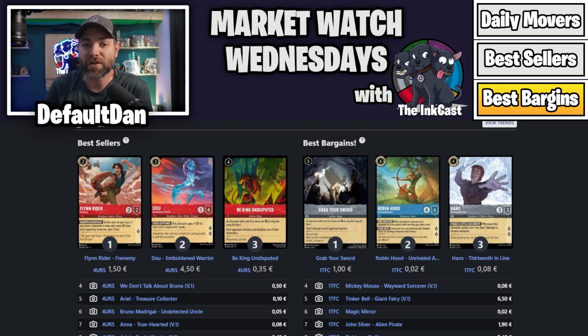This is one of those cards that keeps things in check. So if you think about the Bucky decks, the Diablo decks, things like that that are running around in Emerald, this is the card you need. Sure, Bucky's only 1 power, but realistically, if you can shift something early, like Steel Song that we talked about that kind of dropped off the map at the moment, being able to sing this on turn 2 or 3 to get a Diablo, a Bucky, a Prince John, all of that off the field, this card is